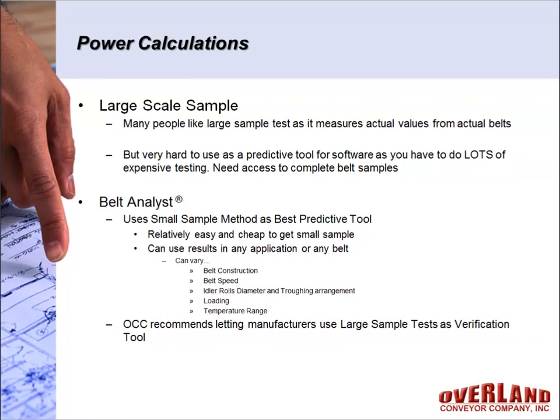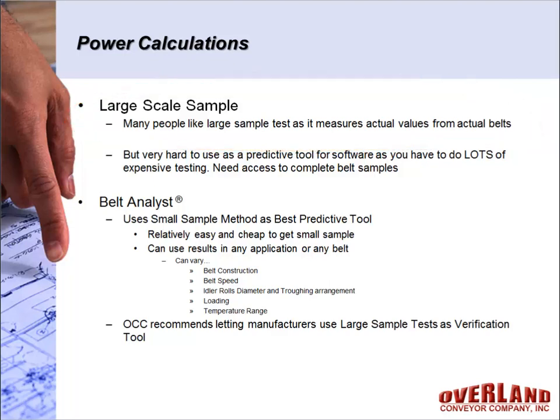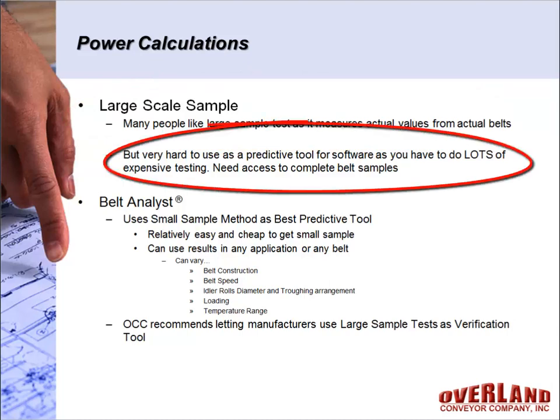There are a lot of people that like this large scale sample testing because you're actually measuring actual measurements from an actual belt sample with a known load, and you can measure actual values. So it probably is a much more acceptable method by a lot of people. However, it is very hard to use this method as a predictive tool in software because you have to do